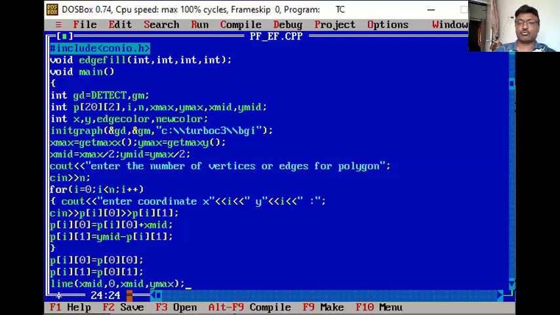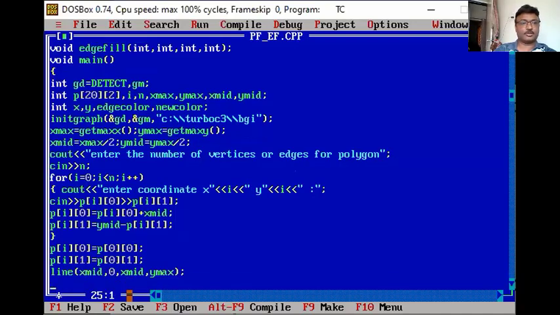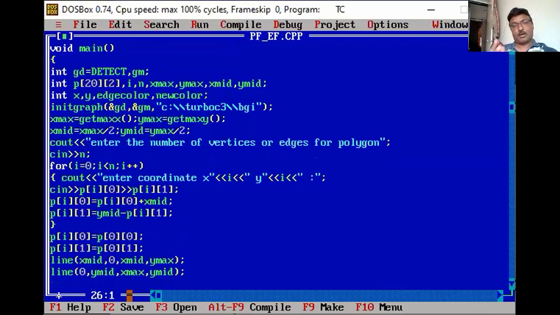Then again line from 0, y mid, to x max, y mid. Either you draw the x-axis first or the y-axis, either way. That's my x-axis and y-axis. On this, I have to draw my polygon.